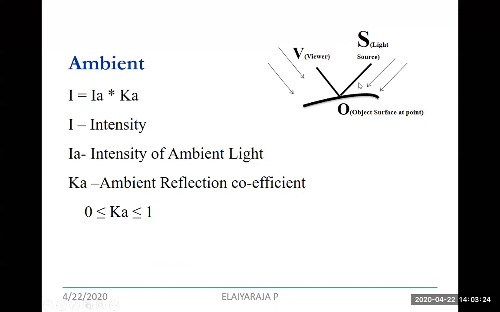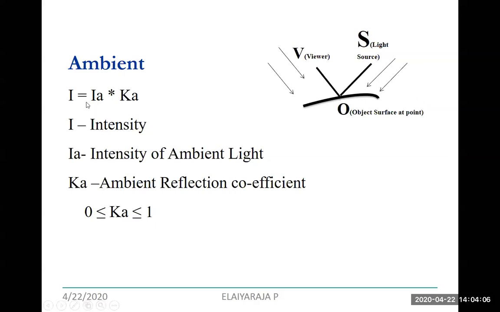Ambient means, suppose you take the example of a room, light from various sources hits the surface and the viewer can see the reflections. Here you are going to calculate the intensity, how intensely it touches the particular object and reflects, and from the viewer's point how they are able to see the reflection.